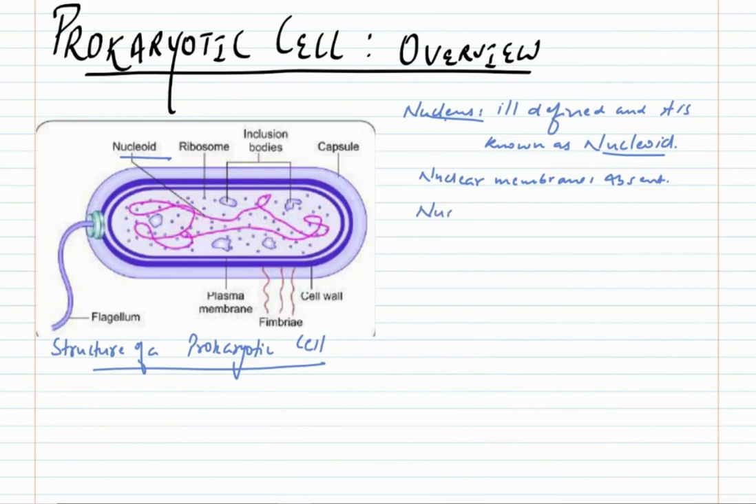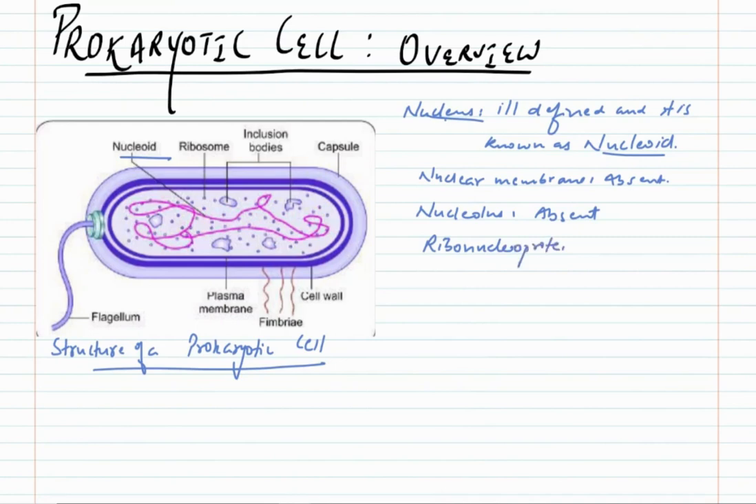After the nuclear membrane, we have the nucleolus, which is also absent in prokaryotes. There is no nucleolus. Nucleolus refers to a dense body which is made up of a collection of ribonucleoprotein and ribosomes, which is seen inside the nucleus. But since there is no nucleus, there is also no formation of nucleolus. After nucleolus,